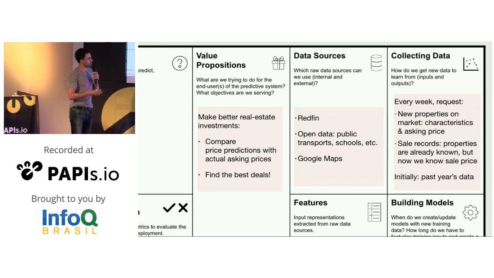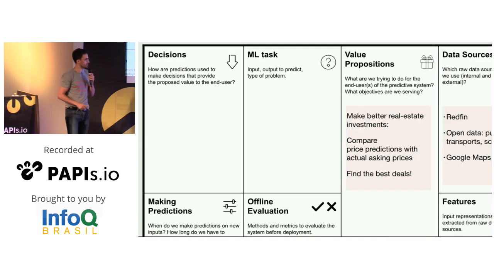Right, so that's what we do every week, and maybe initially when you create your first data sets, you would use the past year's data. Maybe you want to do 2 years worth of data, maybe 3 years, but 10 years is probably not a good idea because you get data which is too old. So that would be informed by domain knowledge. So it's useful, when you're doing this, to get the domain people involved, because they will tell you what makes sense and what doesn't, right? So in that case, past year should be good.